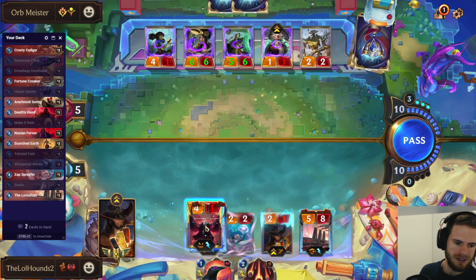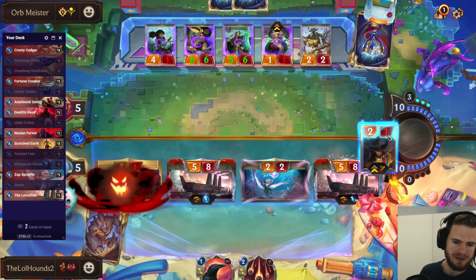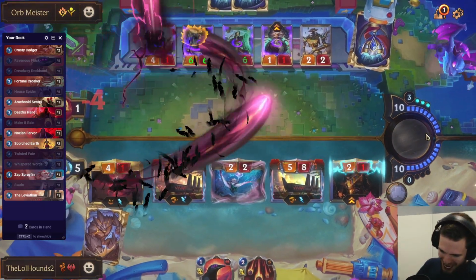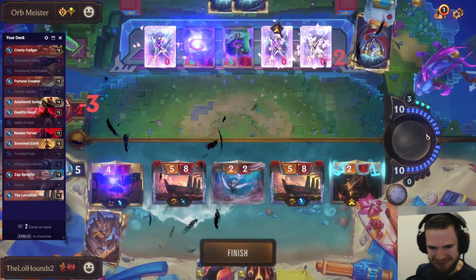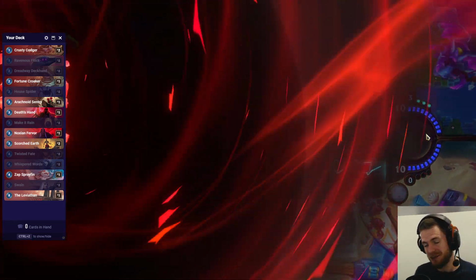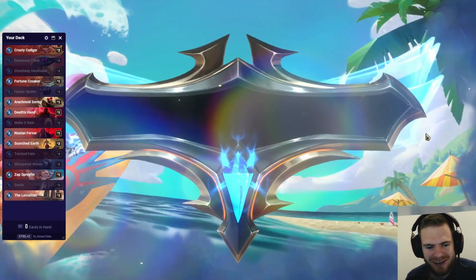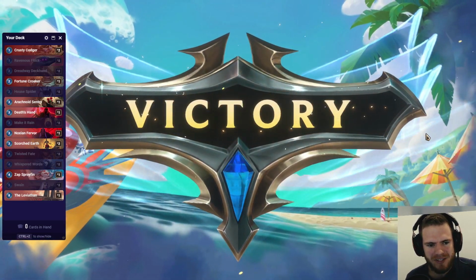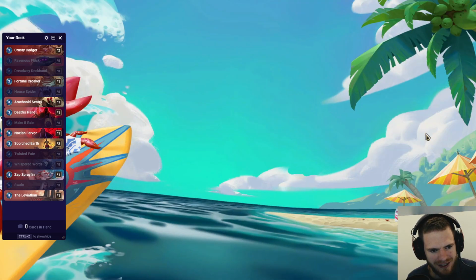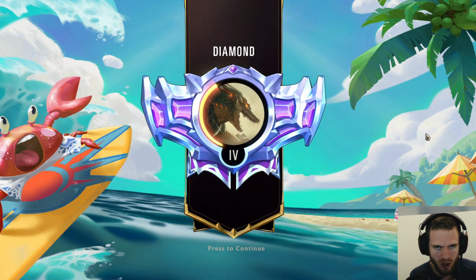Alright, yeah, I think we full swing here. And we get the win! We finally beat Echo Zillion. I don't think the win rate for Echo Zillion is high, but it does so well against Swain, Twisted Fate Swain. But I will say